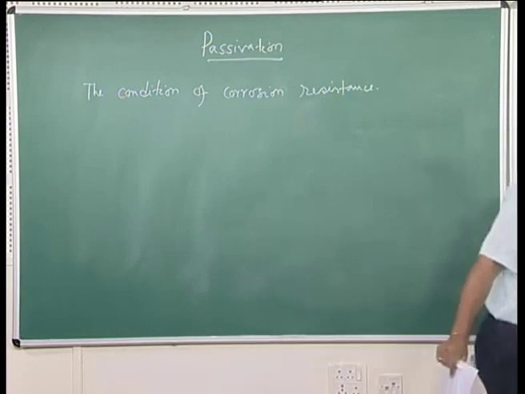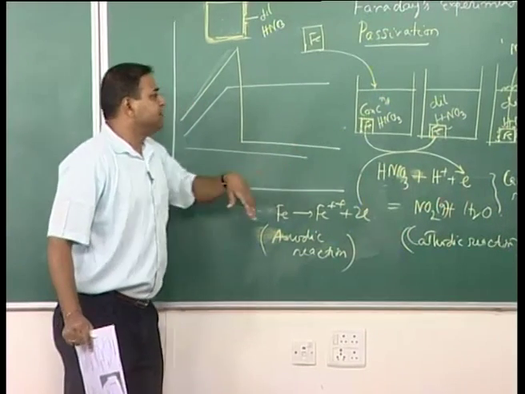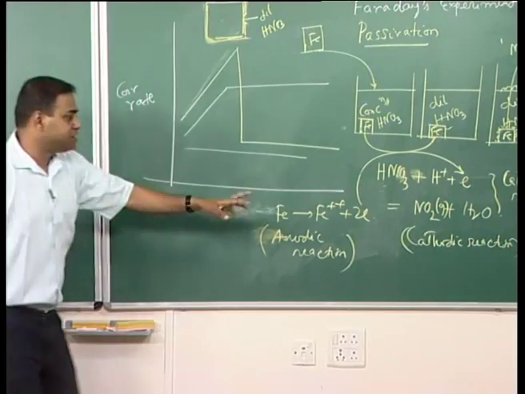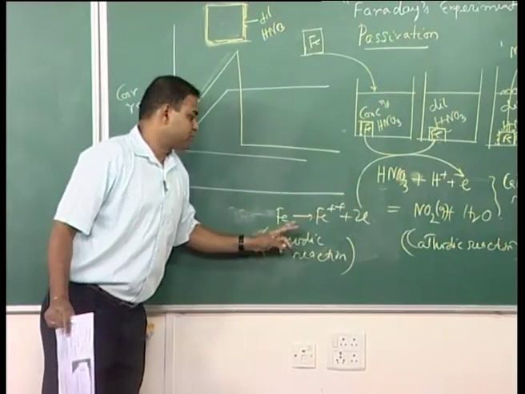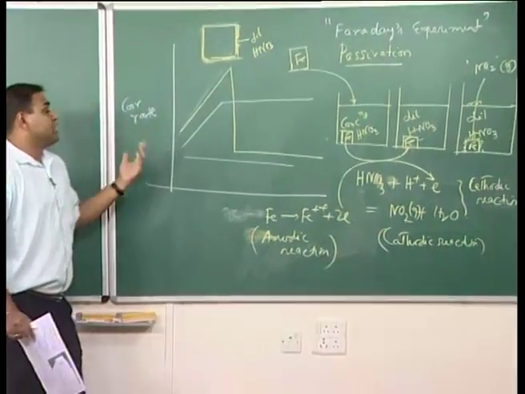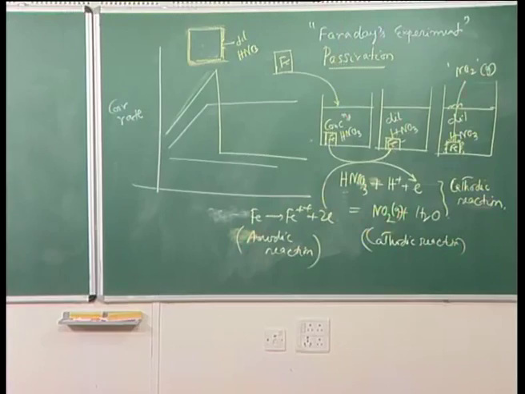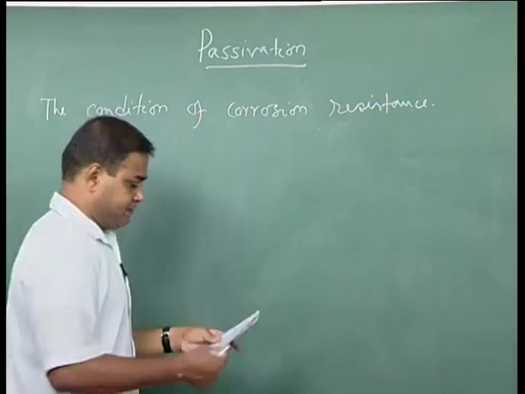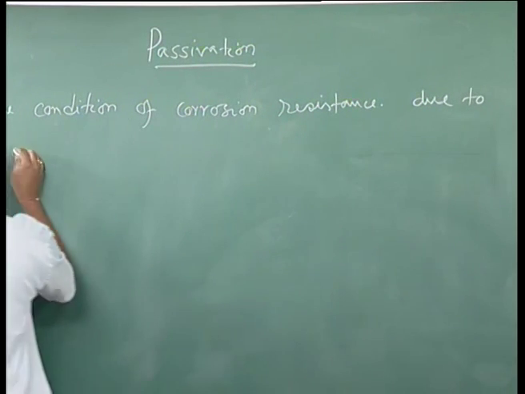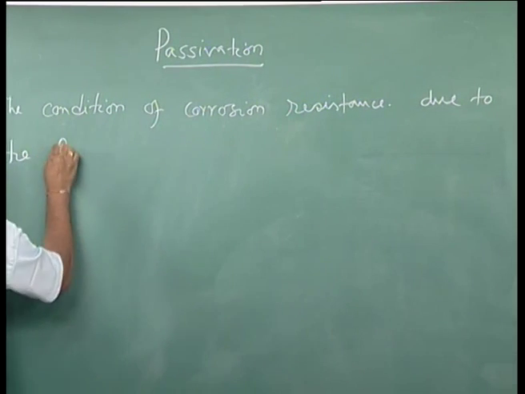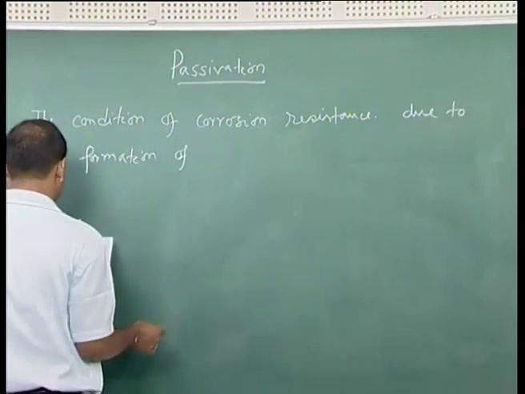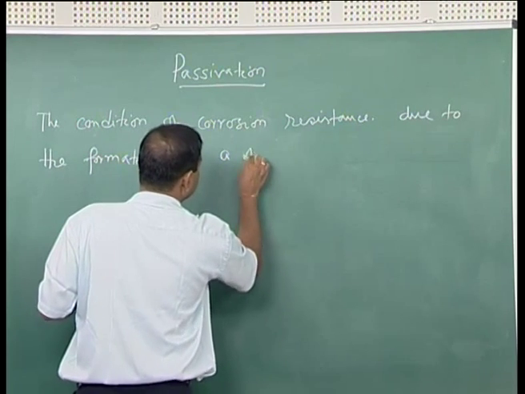Here in the first case, initially it corroded a little bit, and then there is no further cathodic reaction or NO2 evolution reaction. So, if this is not happening, the corresponding anodic reaction would not happen. So, here once this surface layer is formed, we are getting some sort of corrosion resistance. So, it is a condition of corrosion resistance due to the formation of a surface film,